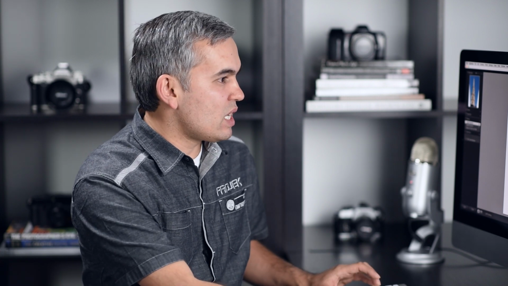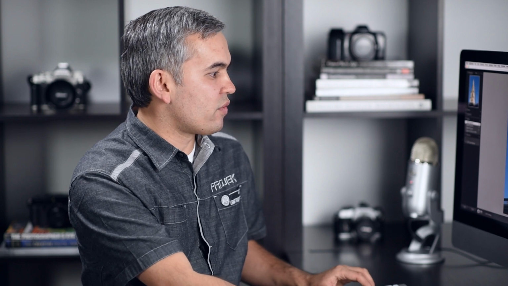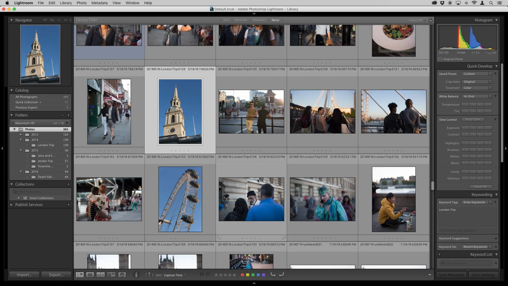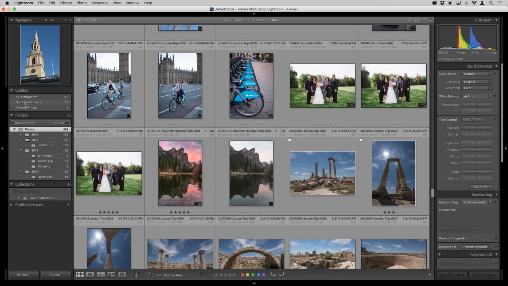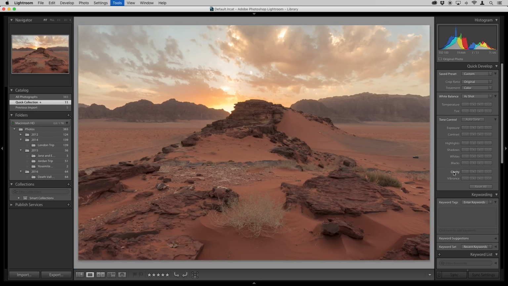So this is something you have to keep in mind as you use these tools. Just experiment with different types of environments and different types of images, and you might find that some things will work really well and other things might not work that well. Okay, so now let's go ahead and jump back into the image that we were using. So I'm gonna go ahead and go back to that same image that we were on,